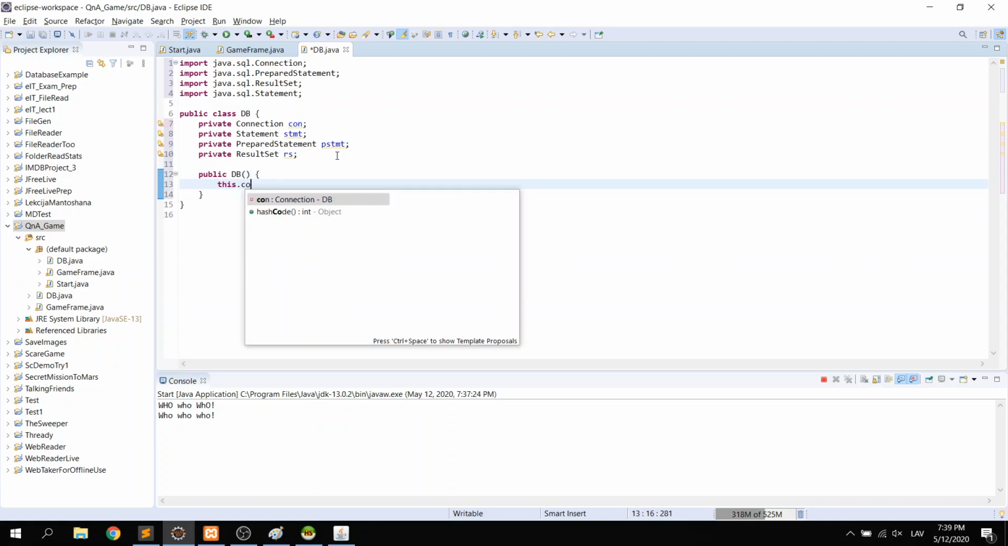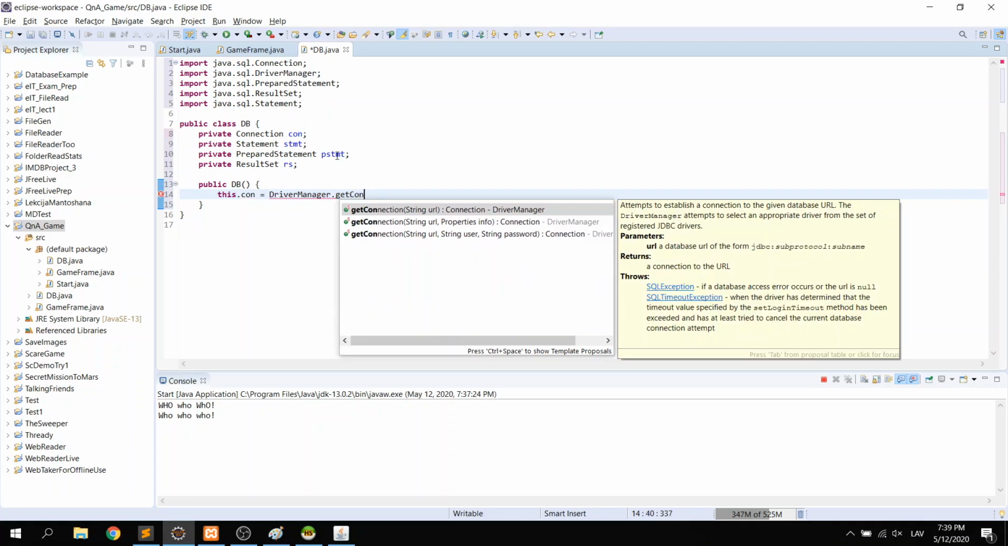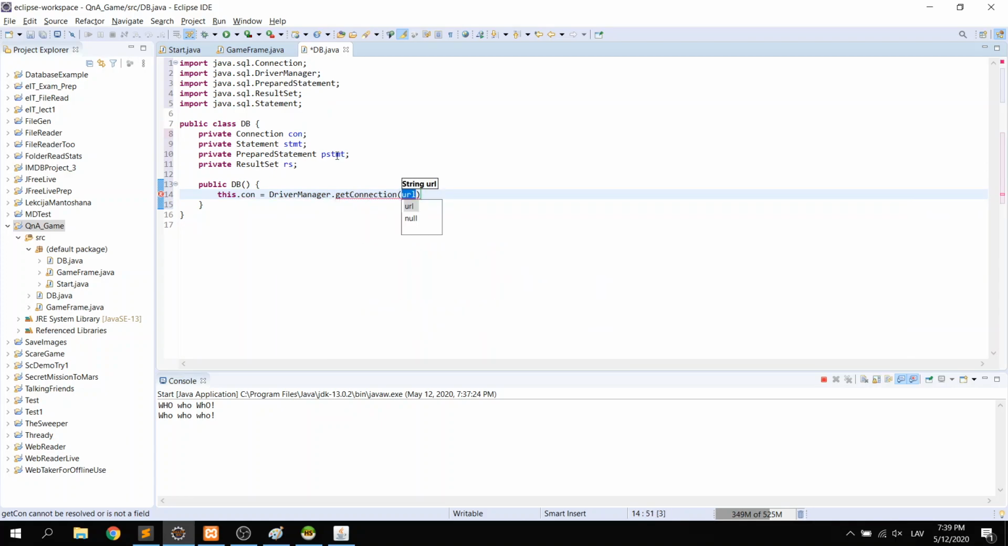So this class's connection is DriverManager.getConnection, with a string URL, and then the username and the password. So what we need to have is JDBC as the driver, MySQL as the database, and the address to the